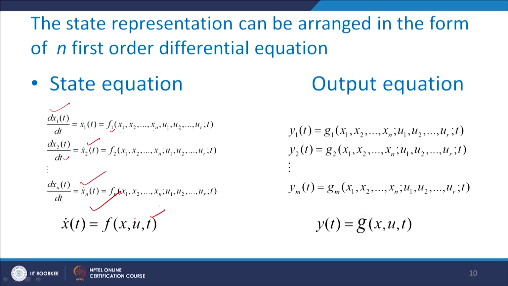Now similarly the output equation is also a function of x and u, therefore it is represented as y1 of t equals g1, function of x1, x2, xn, u1, u2, ur, t; y2 of t equals g2, function of x1, x2, xn, u1, u2, ur, t; and finally ym of t, where m is the output, as I told earlier, equals gm, function of x1, x2, xn, u1, u2, ur, t. So that is the state equation and these are the output equations. As I told you earlier, most of the systems are non-linear. Sometimes we have to represent them in a linear form, that is called state space form. That means we are discussing state space form.